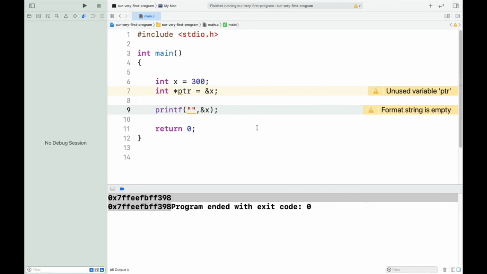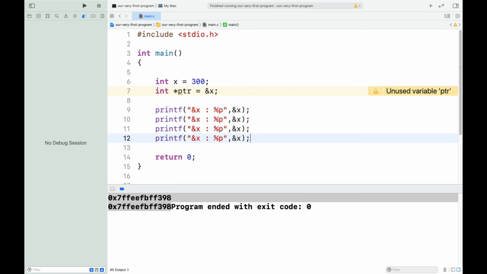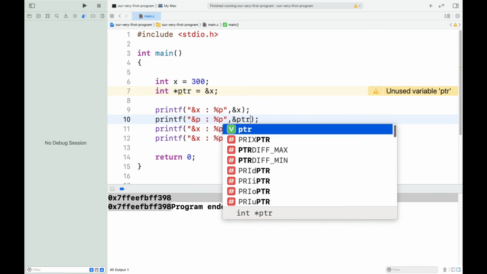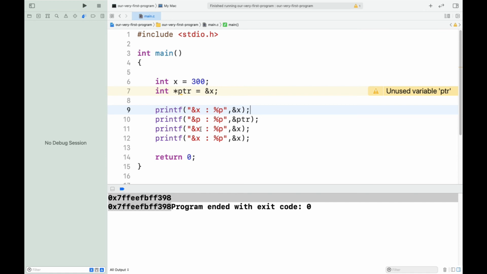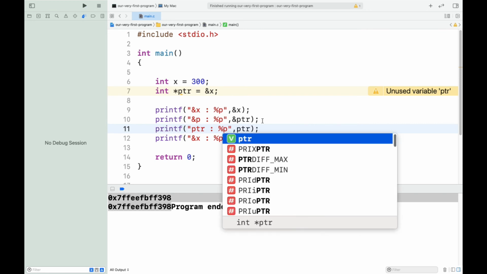Okay, so percentage p, ampersand x, and Ctrl+C, Ctrl+V. So we are going to do the address of ptr, and we have what ptr is storing, ptr.